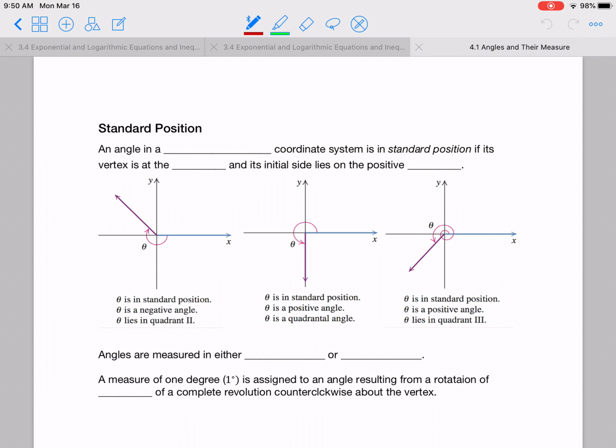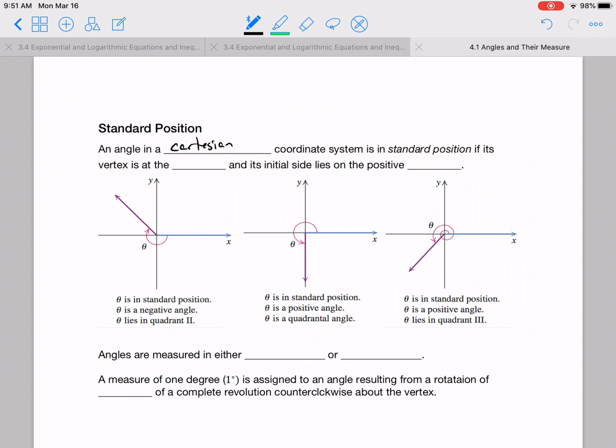If we have an angle in a Cartesian coordinate system, we can have our standard position basically be the x-axis pointed right along it. And if we do that, then once we give an angle, we can all look at that same spot and say, all right,